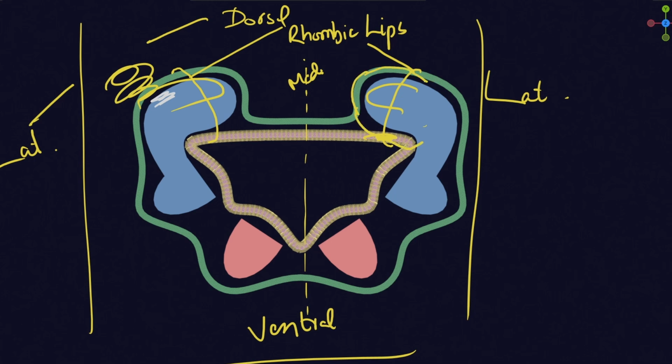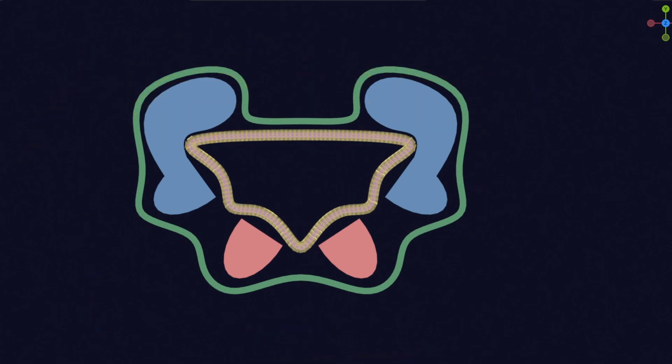So this structure here as well is the rhombic lip, and rhombic lip is actually the precursor of cerebellum. Later we will see how exactly the cerebellum develops, but today we will not go into development of cerebellum, but the basic concept you should be very clear about at this point is that the rhombic lip is the precursor of